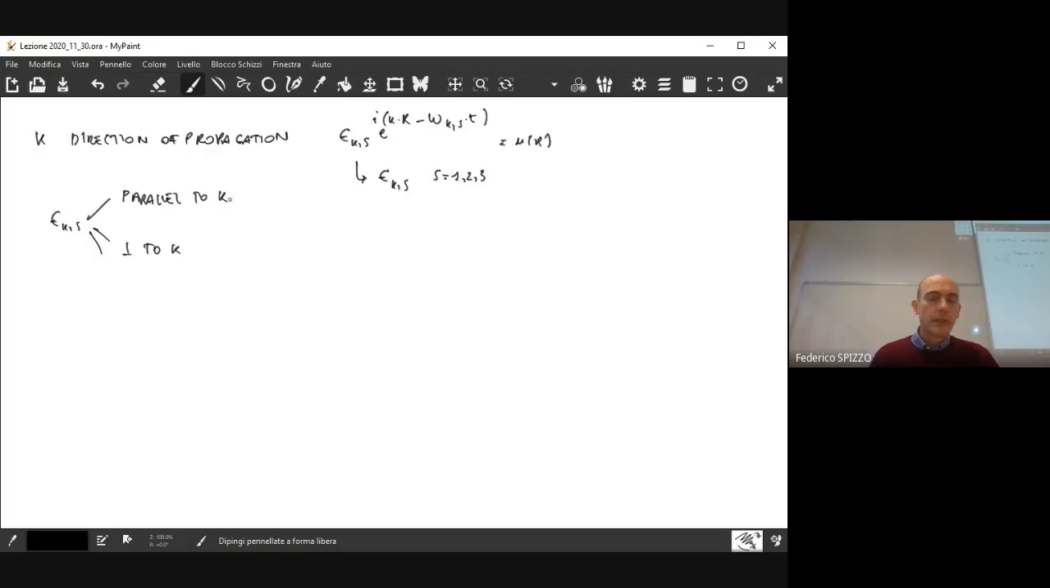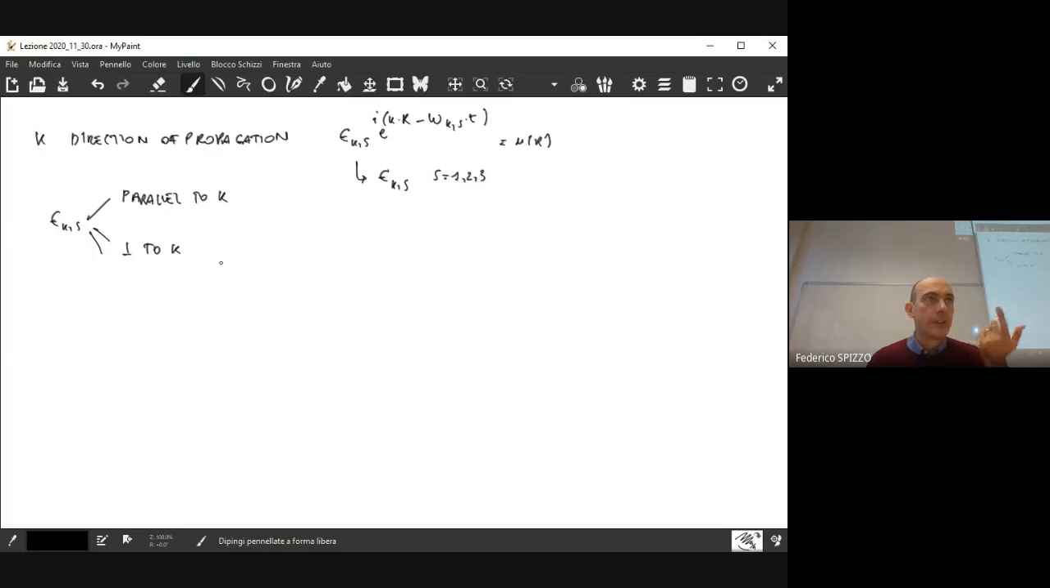The vector that is parallel to K makes a sort of longitudinal oscillation, because in longitudinal waves the oscillation is in the same direction as that of propagation of the wave. Then you also have 2 transverse waves whose direction of oscillation is orthogonal to the direction of propagation. And as you have in-phase oscillations, and one of the oscillations is a longitudinal one,